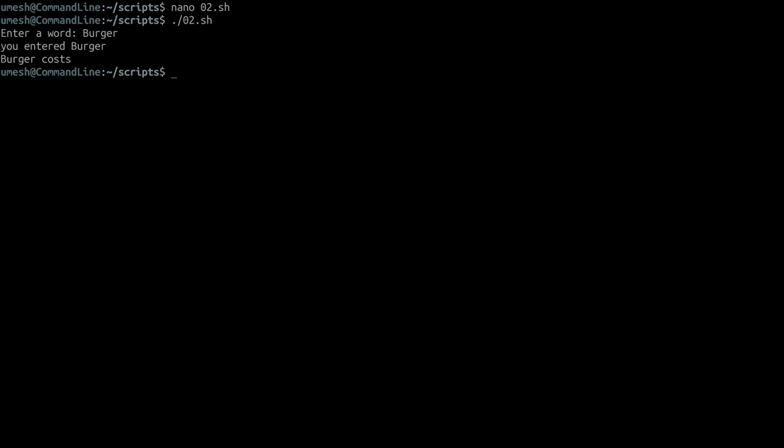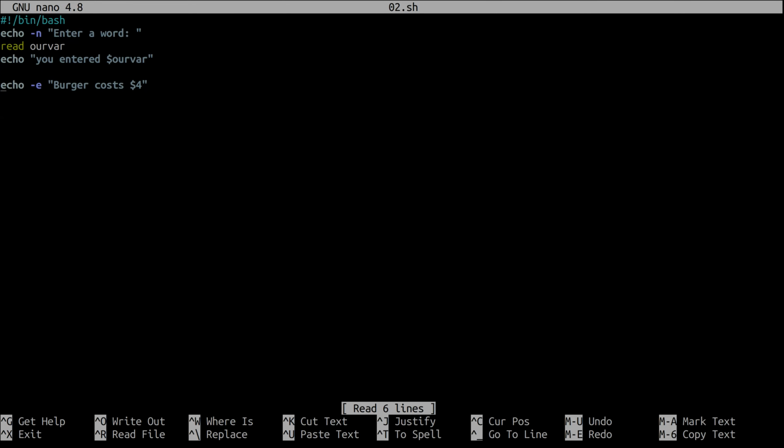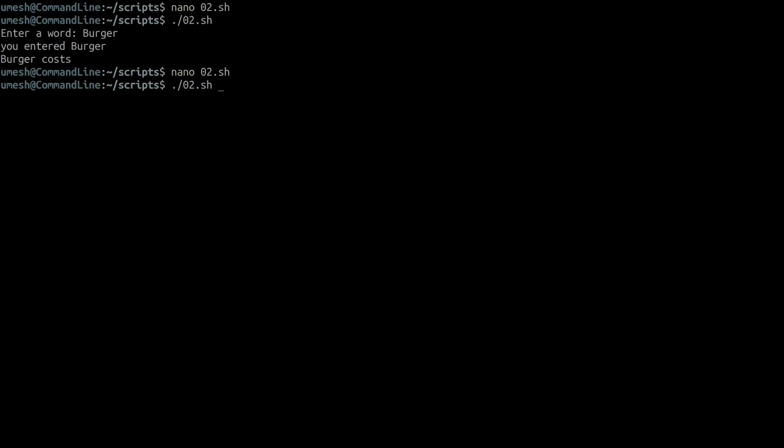Burger. So you enter burger and burger cost, and there's a blank because in this case, this is expecting a fourth parameter. For example, do 9 space 8 space 7 space 4. So now we supplied 4 parameters, and then it's going to print burger cost 4 because 4 is the fourth parameter.